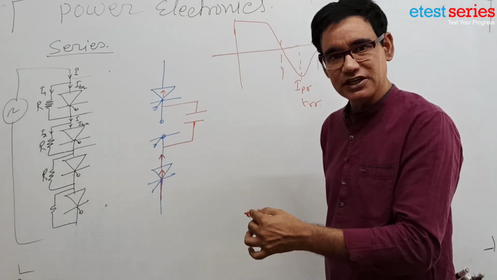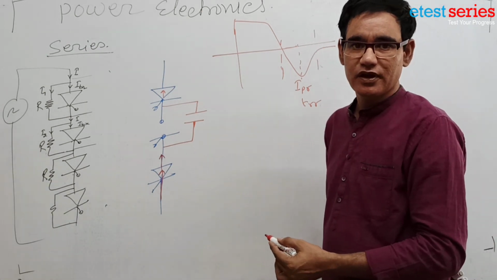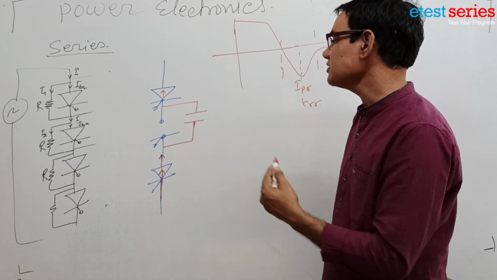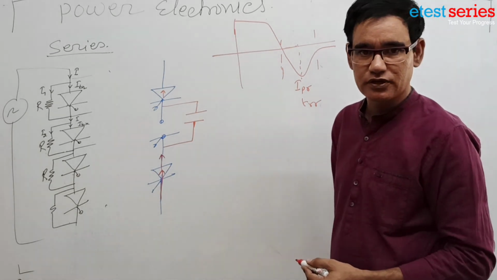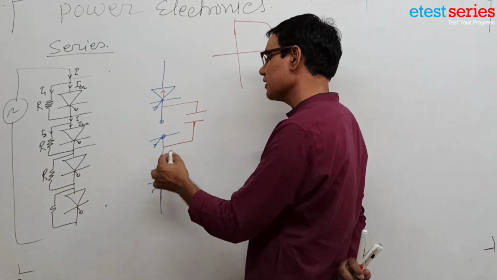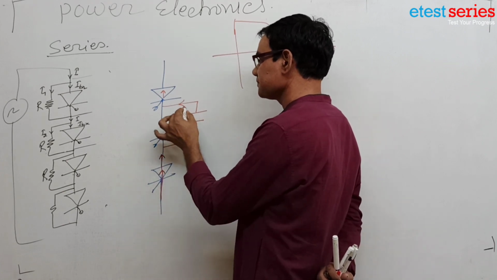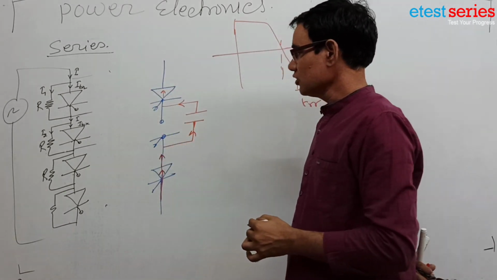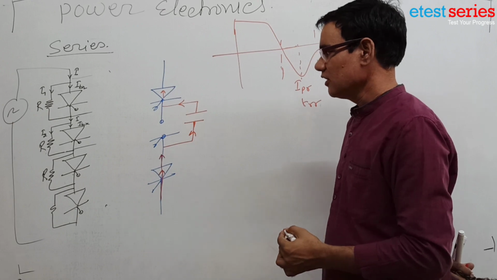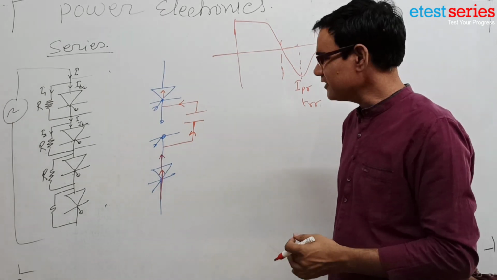It provides the path and charge. It will store the charges. So recovery charges can be stored over here, and the current passes like this. So how can we calculate that? Or it is not always possible.